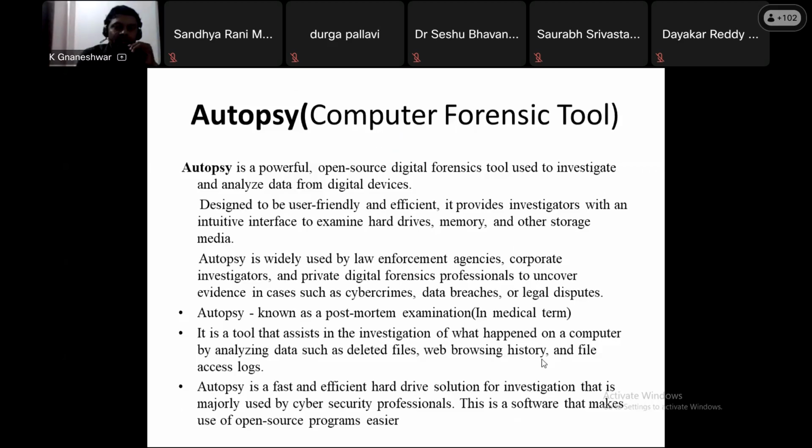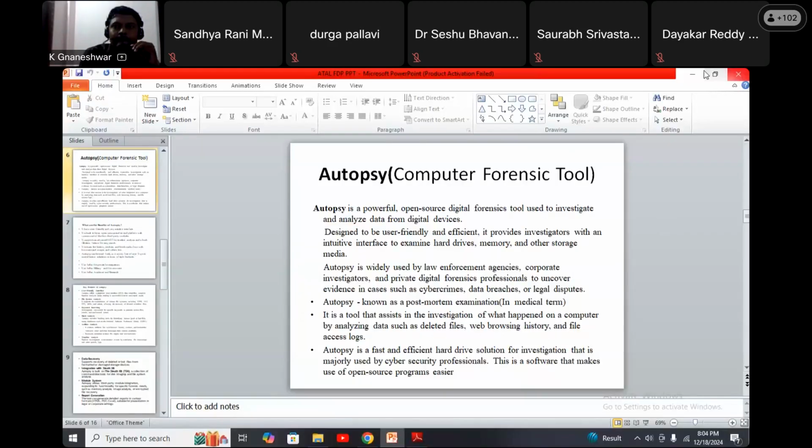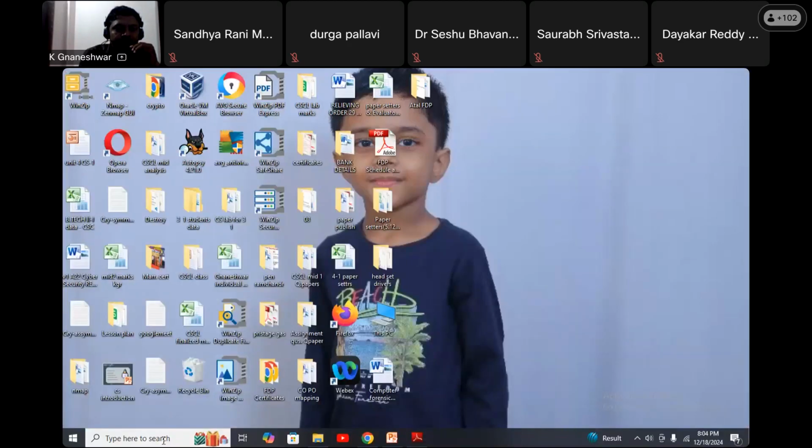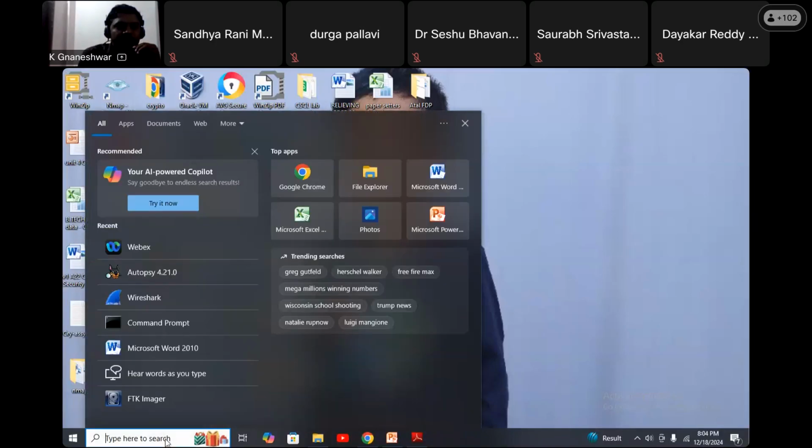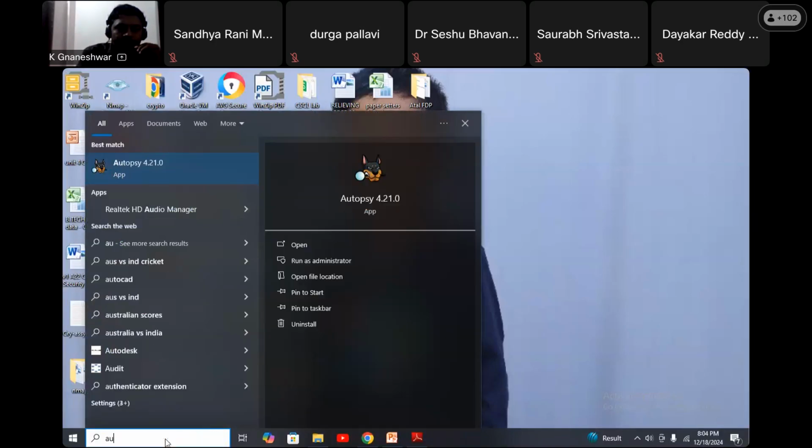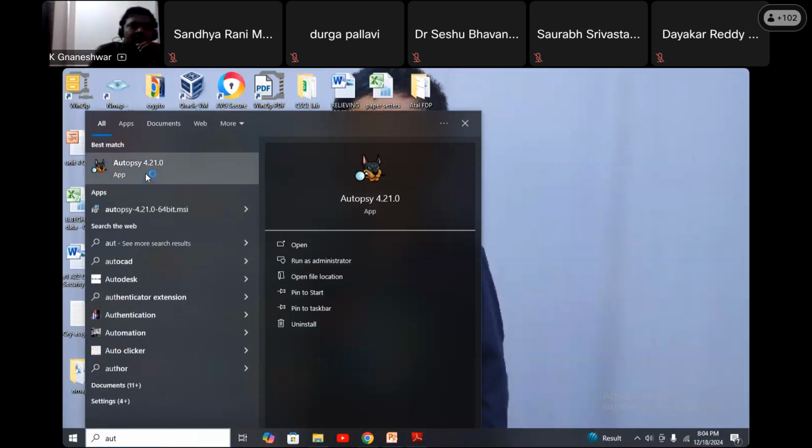Now practically I will show you one example. Okay, here this is my autopsy tool opening. I already installed it on my laptop. So it is open source. Okay, if you want to install it on your systems, simply open